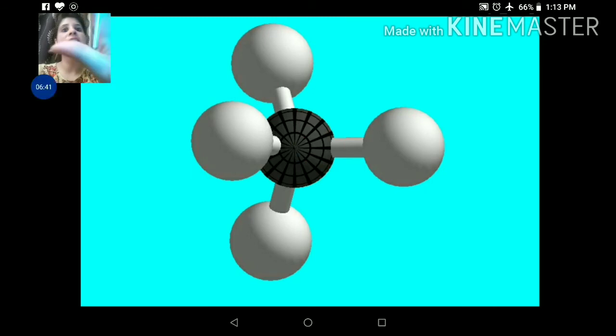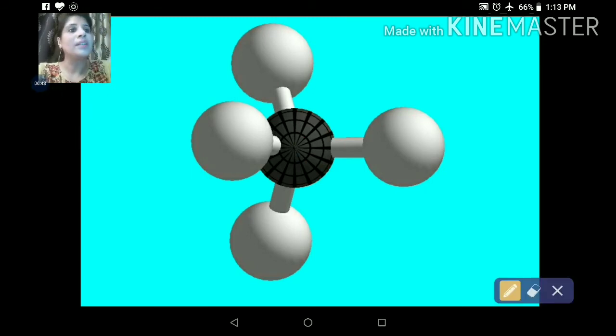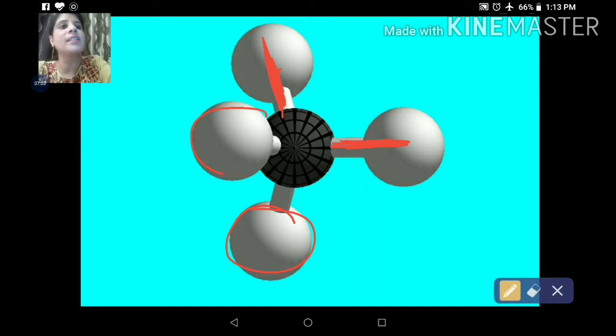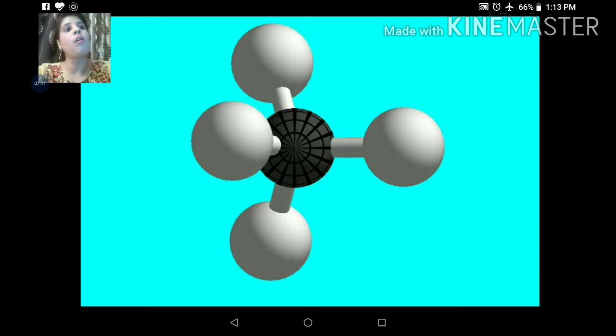That means all four atoms are not in the same plane. As we can see, two atoms here will be in the same plane, but one atom will be behind the observer and one atom will be towards the observer. Here this atom I have shown away from the observer and this atom towards the observer. So two atoms will be out of plane and two atoms will be in plane. But how to draw this on a piece of paper?